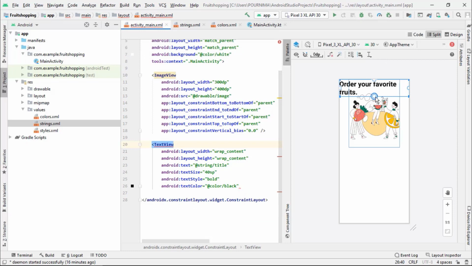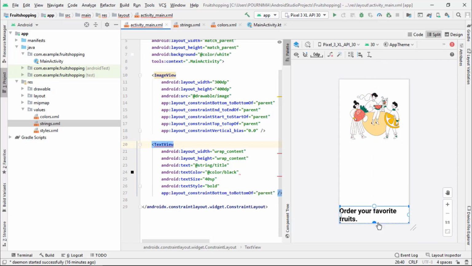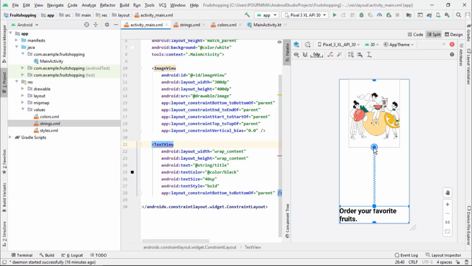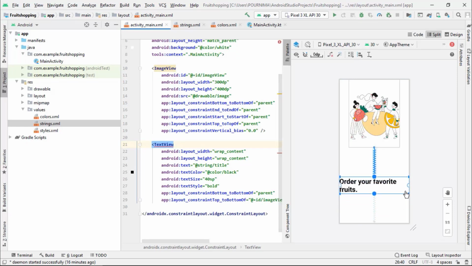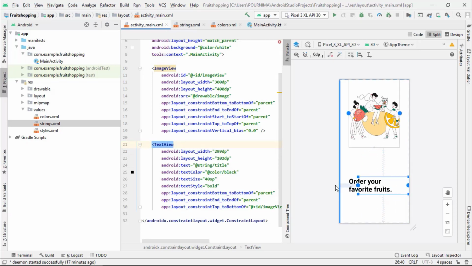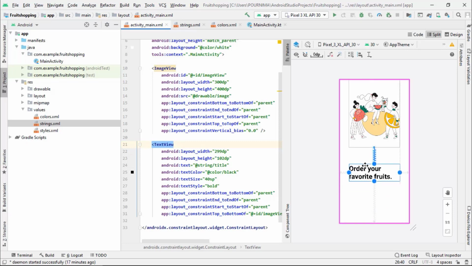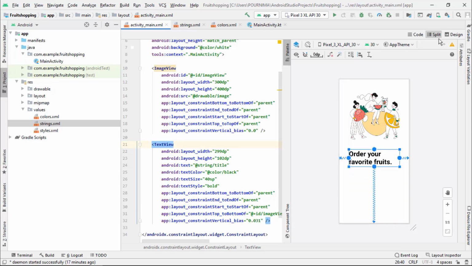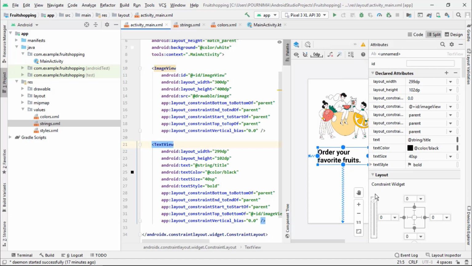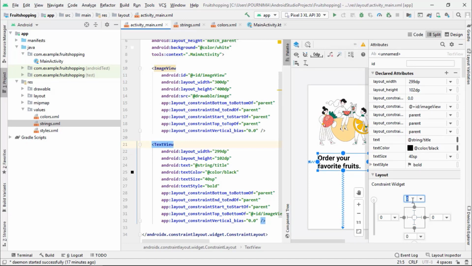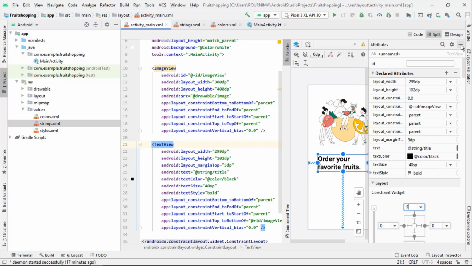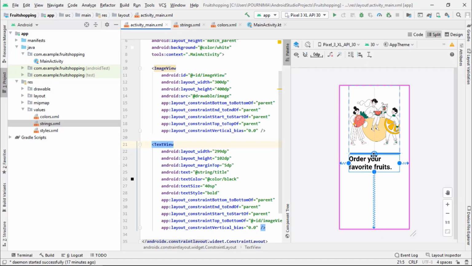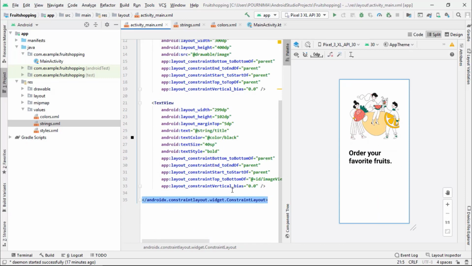Good. Now let's add just the constraints. Let's set the top margin to say 5. Now let's add another text view for our titles too.